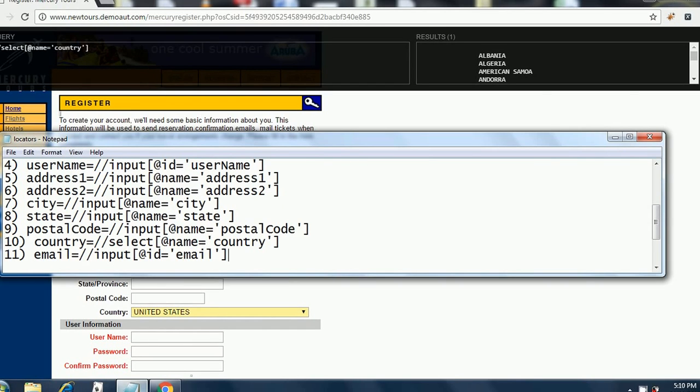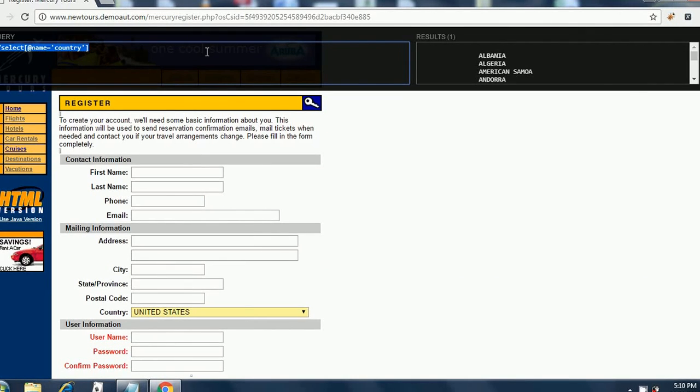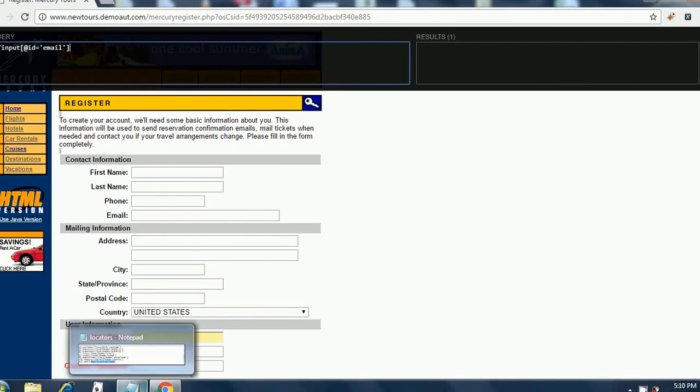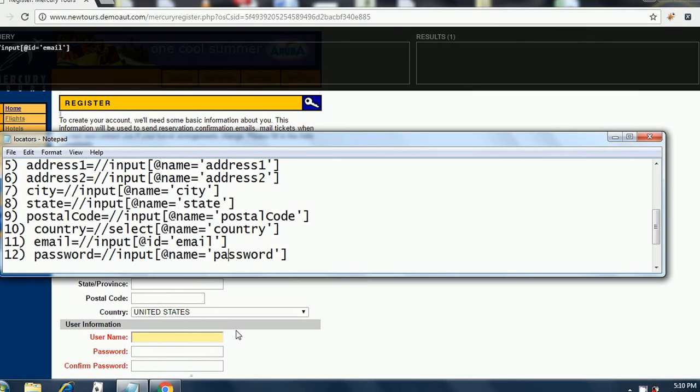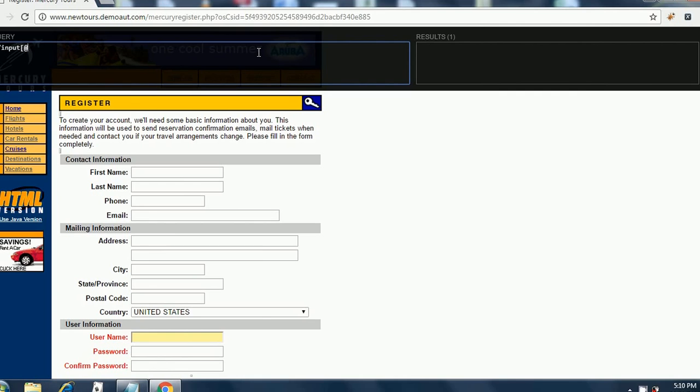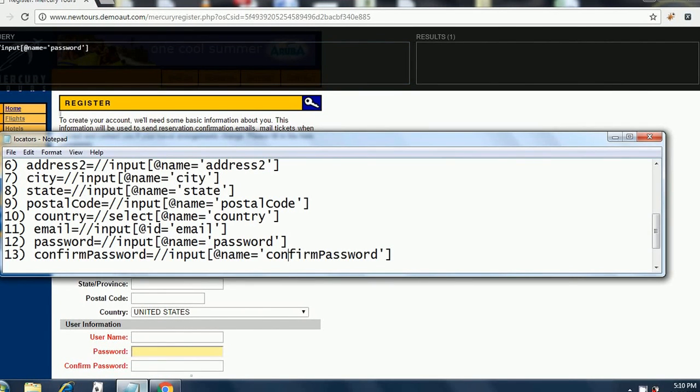Then comes the email field, which is the username, I believe. There you go, result 1, it's highlighted. Then we have the password field. Result is 1, it's highlighted. And finally we have the confirm password field.